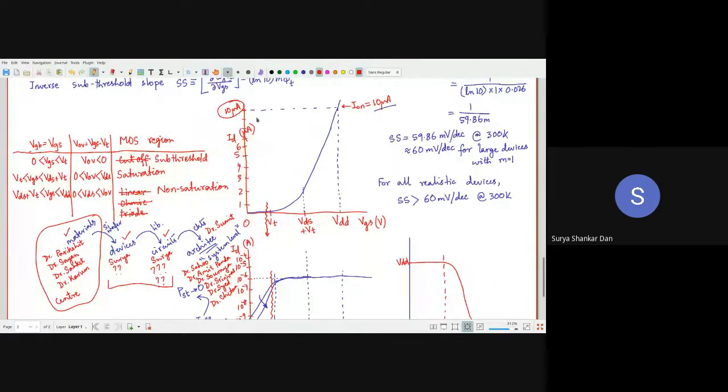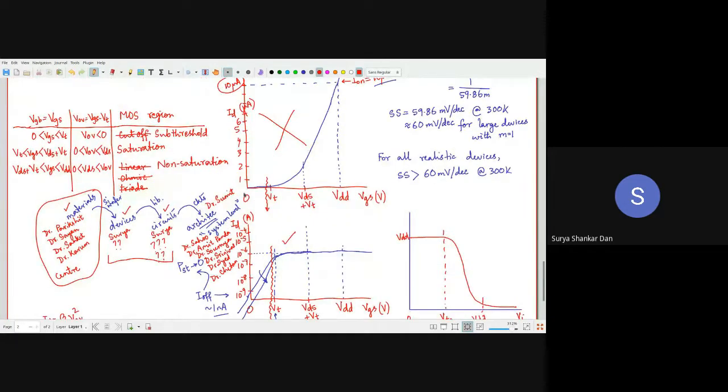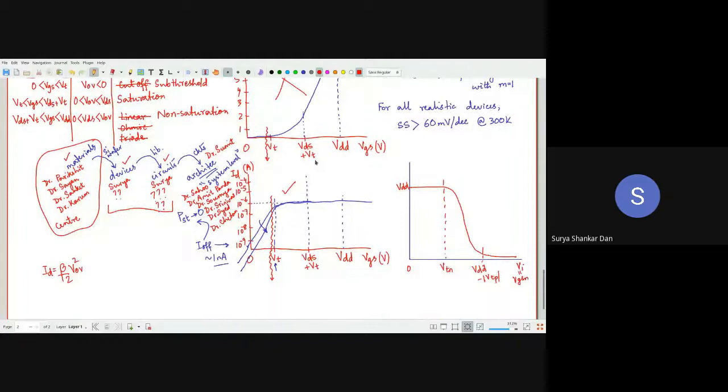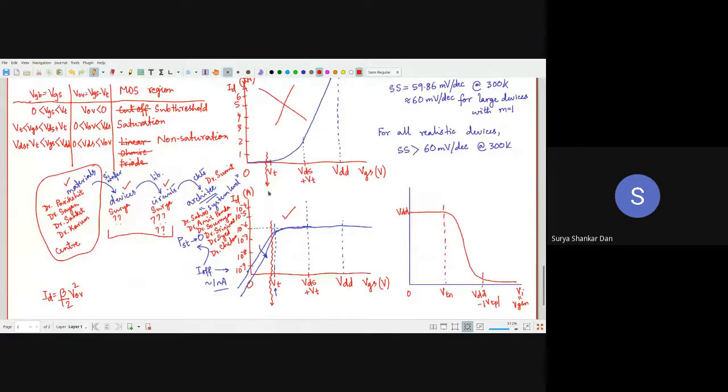No, this curve, you forget it. In modern technology, just forget this curve. ID VGS will be this one. Okay, all the magic happens over here. Tunnel FET, carbon nanotube, they are all built in this regime, the sub-threshold regime. Okay, this doesn't make sense anymore in the modern world. All right, so when we are designing the circuits with VGS slightly lower than threshold, those kind of designs are called sub-threshold designs, and those are extremely helpful because,